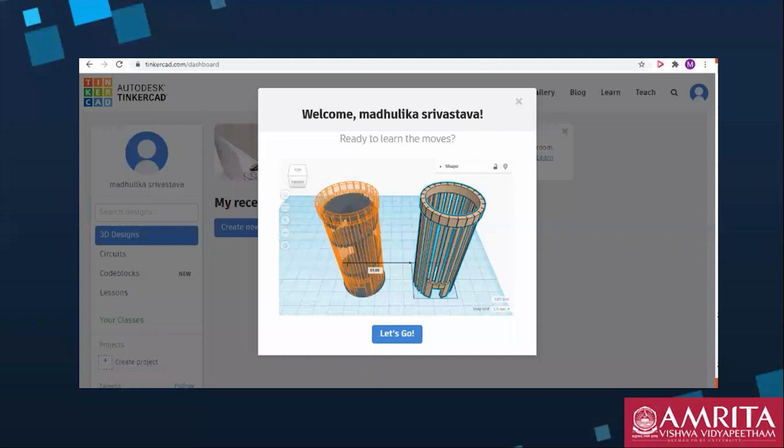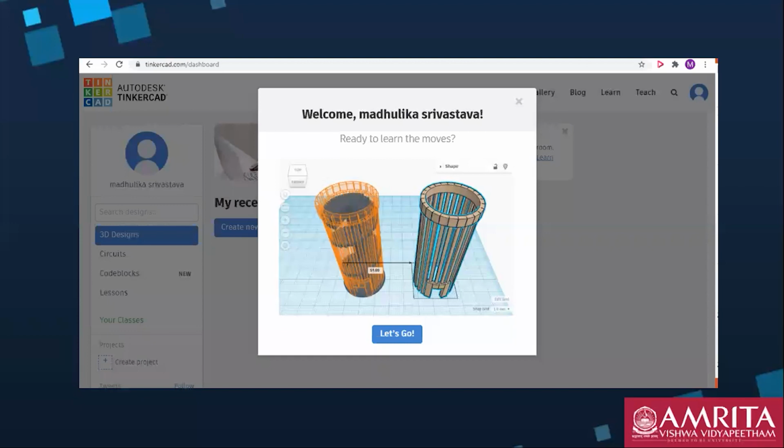Similarly, you can export this file in STL format. Fusion 360 is another software which is used for 3D modeling. You can use that software also, save with the same extension, and import it into the 3D printer. So there is no limitation with one software only.